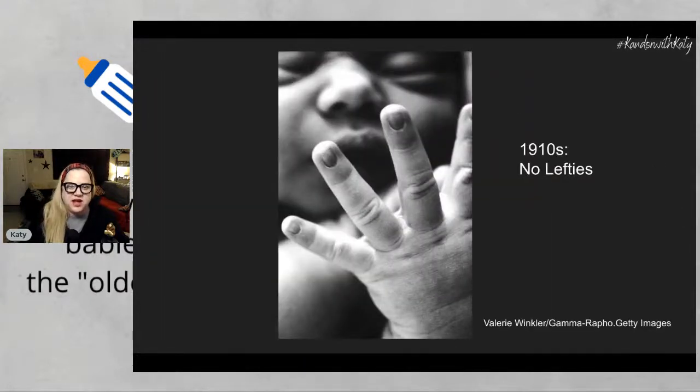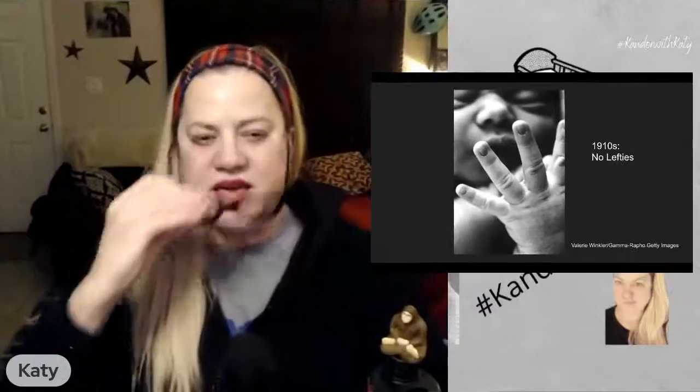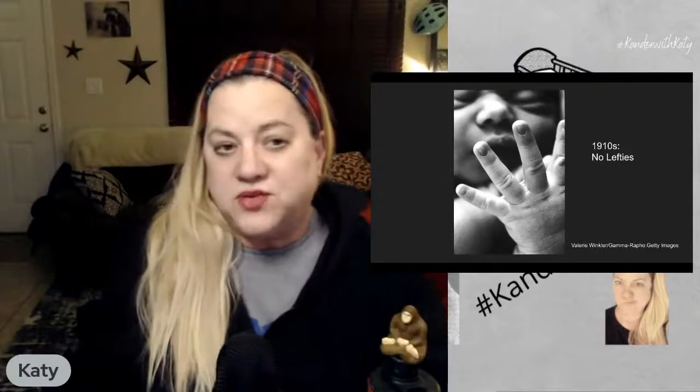Okay, so next up is in the 1910s. Basically what I did was I went from the 1910s to about the 1960s for now, okay? So no lefties, okay? Up through the 20s, many parents believed that left-handedness should be trained away, often resulting in the use of painful braces. So does that make you think, I'm glad I was born when I was born?